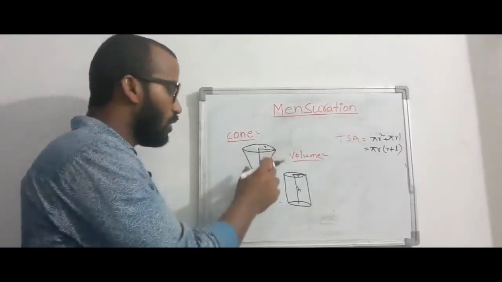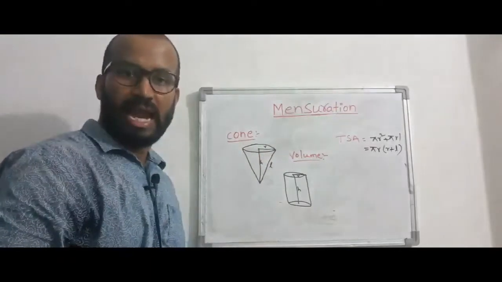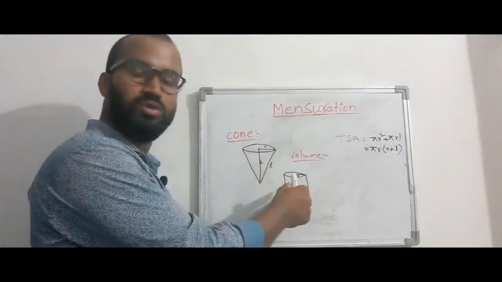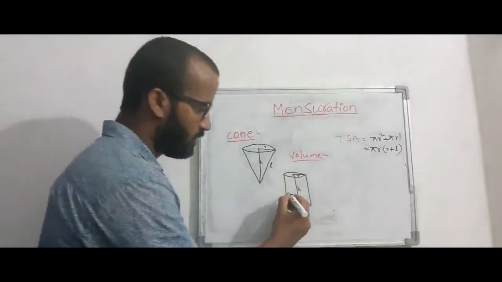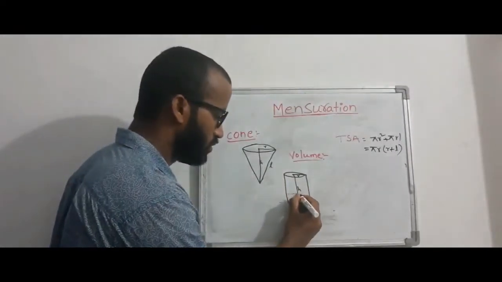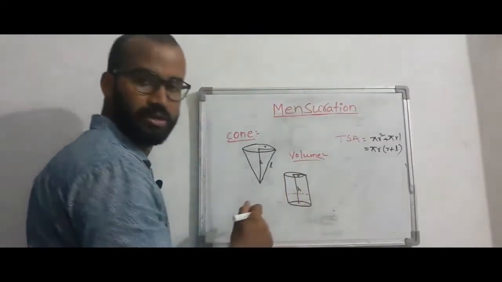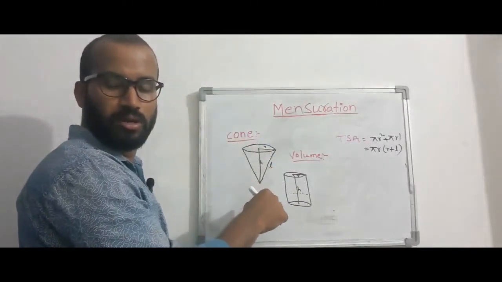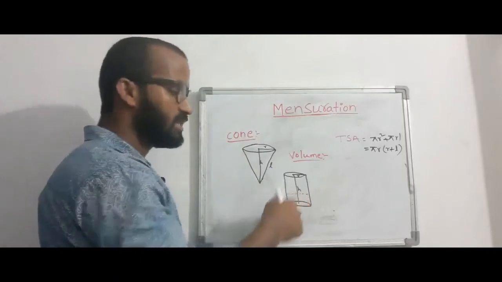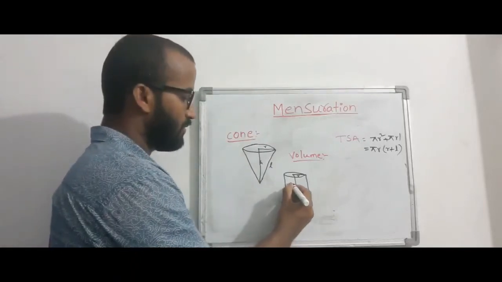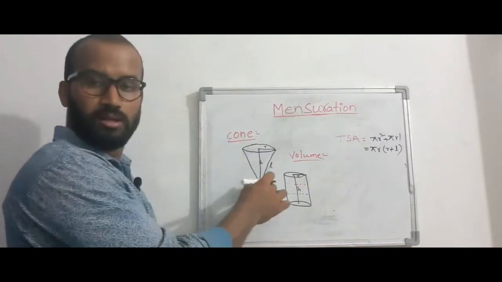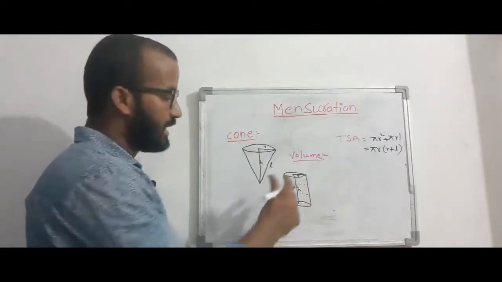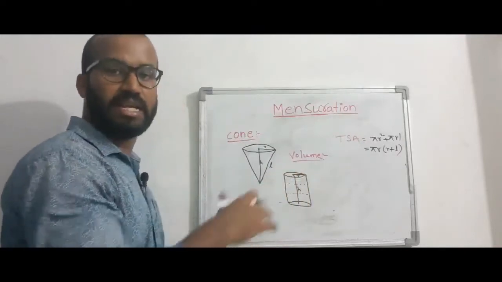Okay. Now I will take this cone and fill it with water and pour this water into the cylinder. First time I will pour, so water came here. Second time again I will fill the cone with water and pour it in the cylinder. Second time it will come till here. Third time I will pour water and fill the cylinder. Exactly, the cylinder filled in 3 times.